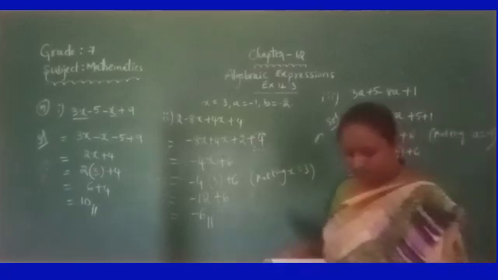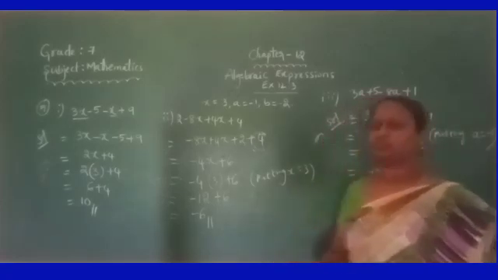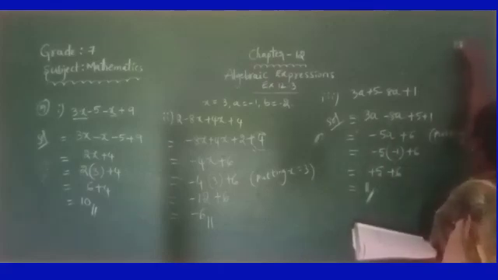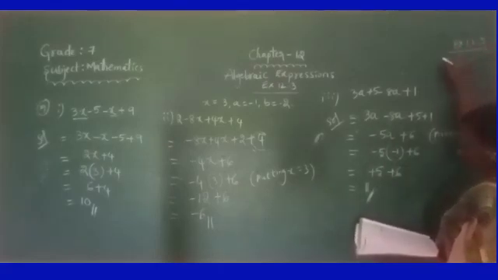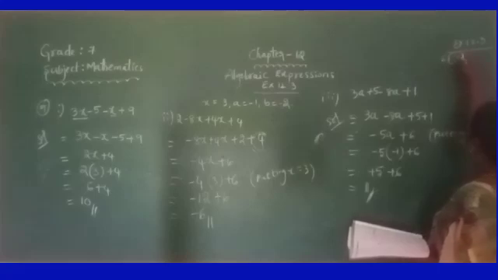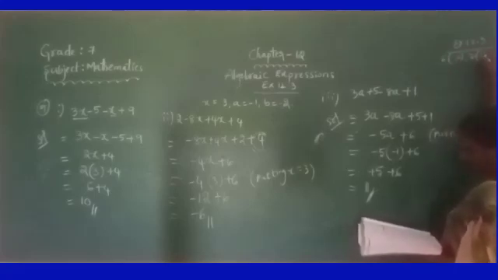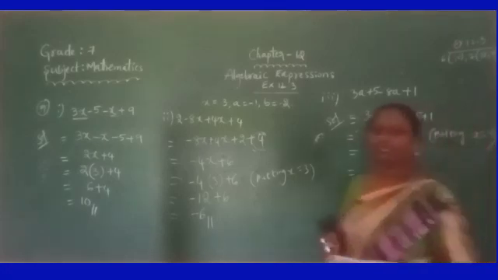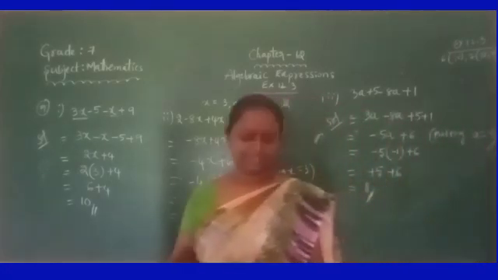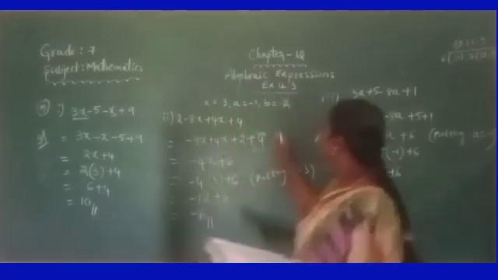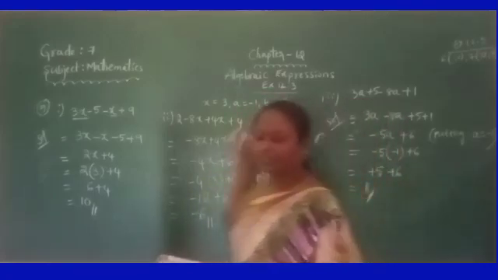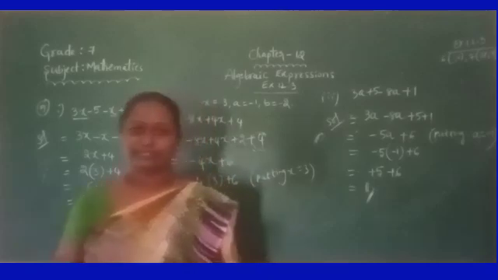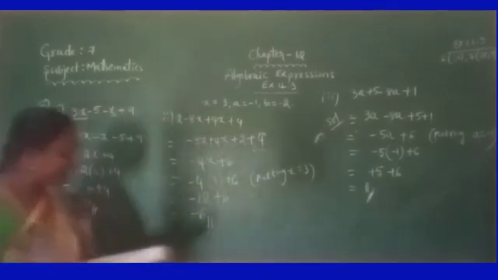Very good. So, fourth question and fifth question I am giving to you as homework. In exercise 12.3, the sixth question, fourth one, and the seventh question, third, fourth one, and fifth question. Same method. Write the expression after you simplify. Next substitute the x or a, and which one? B. Okay, so these values you substitute and find the value of the expression. Is it clear, children? Very good.